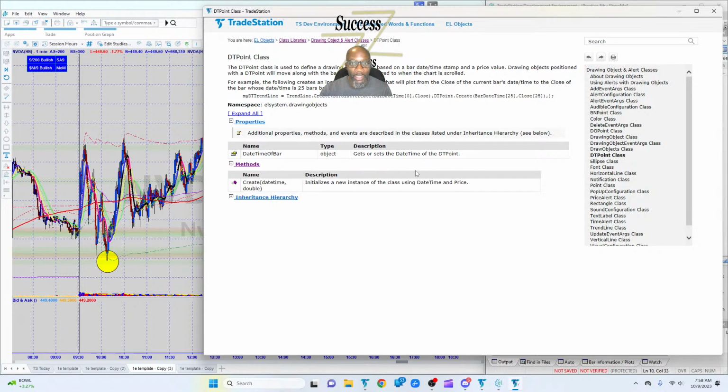Yeah, that's what I was afraid of. Bar date time, DT point date time. So this is, like I said, referencing the bar number. It's getting the date time for the bar number. Bar number will be the current bar number. Here the bar number is the bar number from 25 bars ago, and I don't want to do it like that. I want to do it referencing actually the